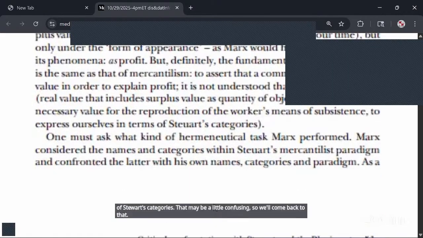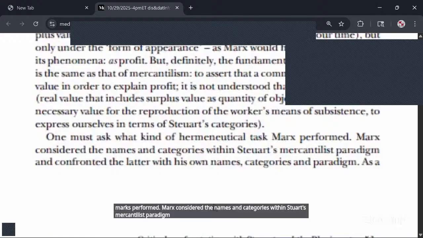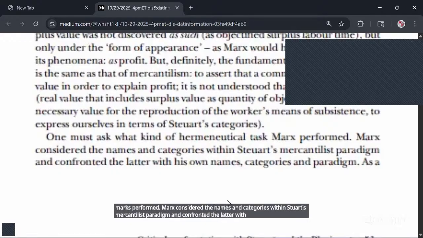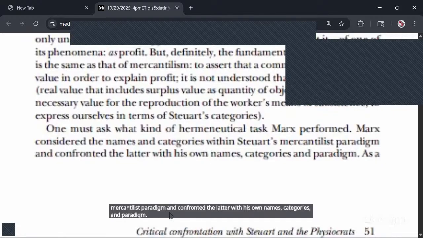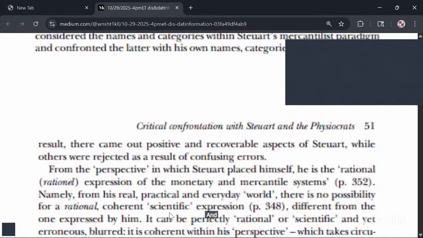One must ask what kind of hermeneutical task Marx performed. Marx considered the names and categories within Stewart's mercantilist paradigm and confronted the latter with his own names, categories, and paradigm. As a result, there came out positive and recoverable aspects of Stewart, while others were rejected as a result of confusing errors. And you can see that some of these confusing errors existed at the level of